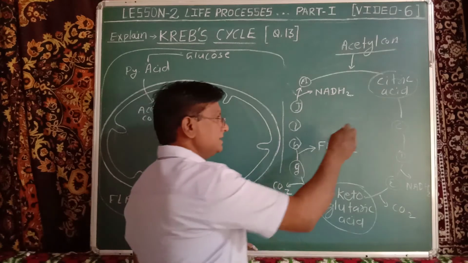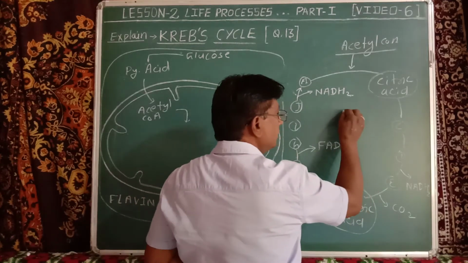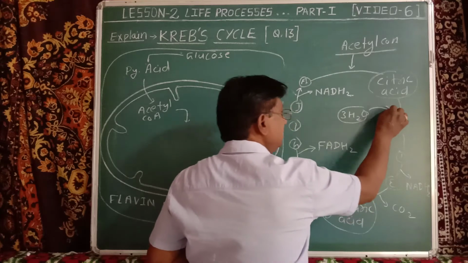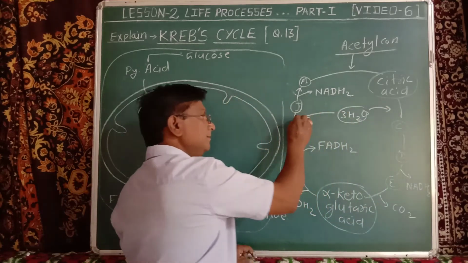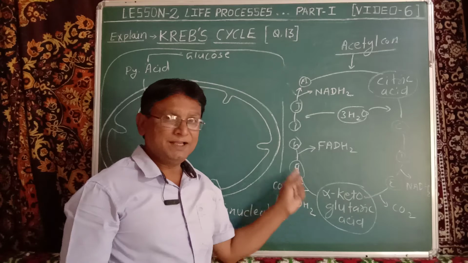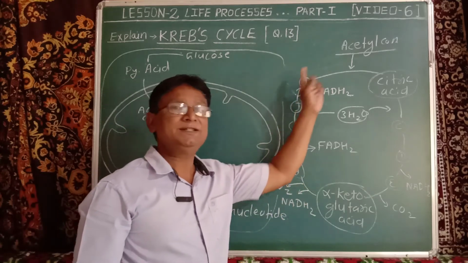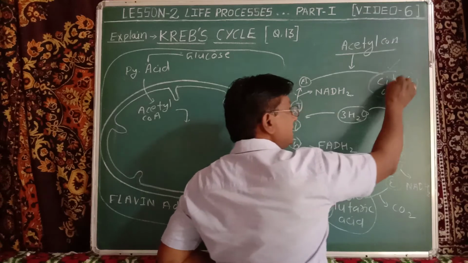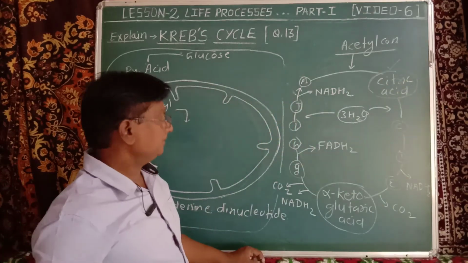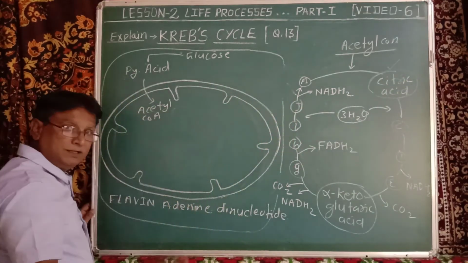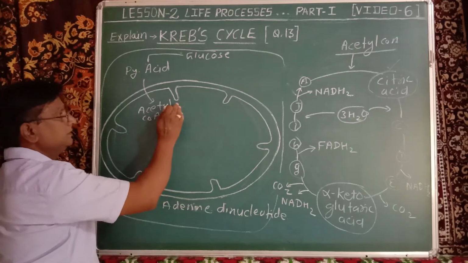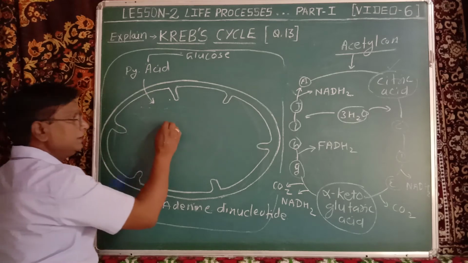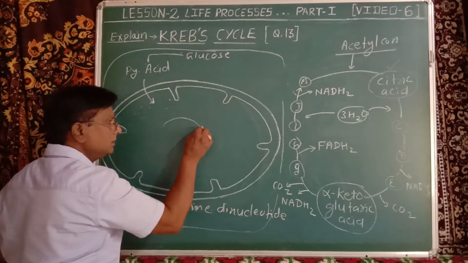But during this, 3 water molecules are utilized, meaning they are entering into the reaction. Hence, it is called a cycle, because where it is starting, the same place it is ending. And the first chemical which is formed is citric acid. Then after, it is represented in the textbook with this diagram. That is, acetyl-CoA is not written there, pyruvic acid is entering, then after it is given in the textbook like this.